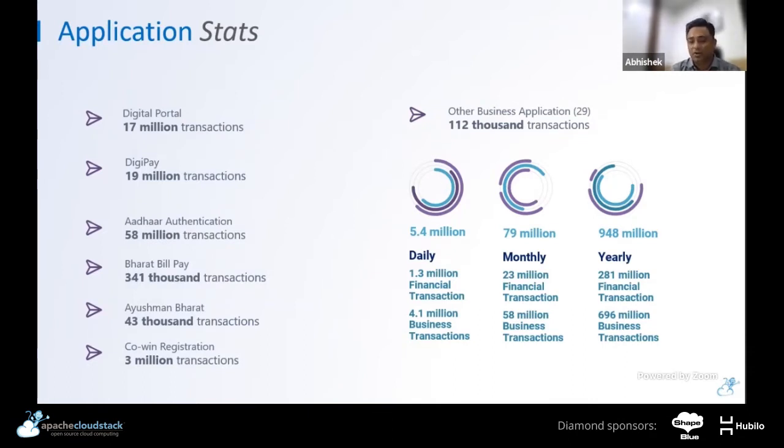Likewise, we do an average of 79 to 80 million transactions in a month, and approximately 948 billion altogether, covering all the transactions, including business and financial, over the last 12 months. So this is what we have in terms of the application portfolio and the services, as well as the utilization and operations